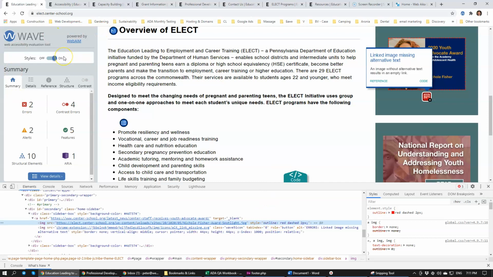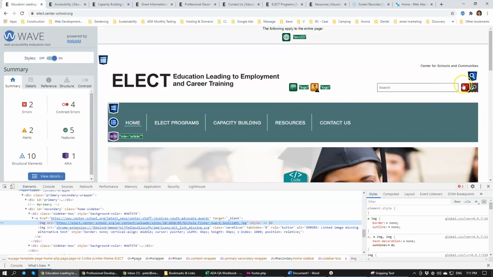So 90% of the time this tool is really good, but you need to watch out for the 10% of things that Wave adds. It adds styles sometimes for some reason, and complex elements like the search tool will be